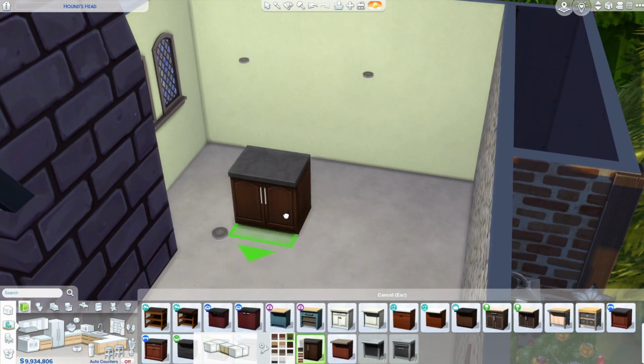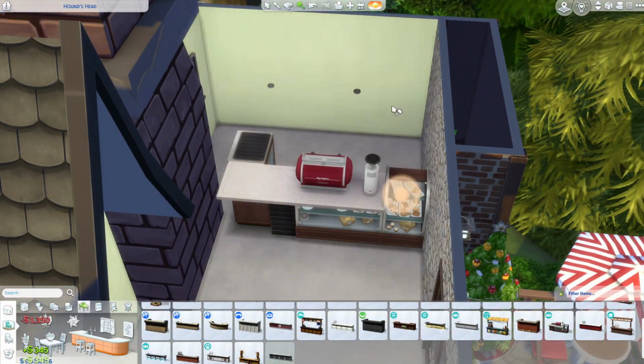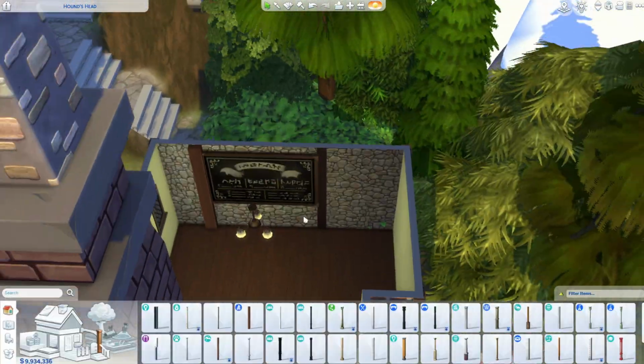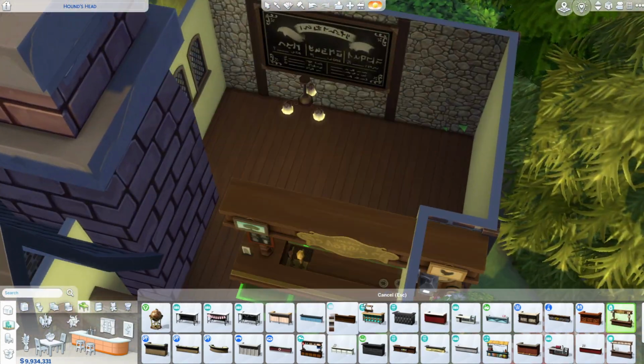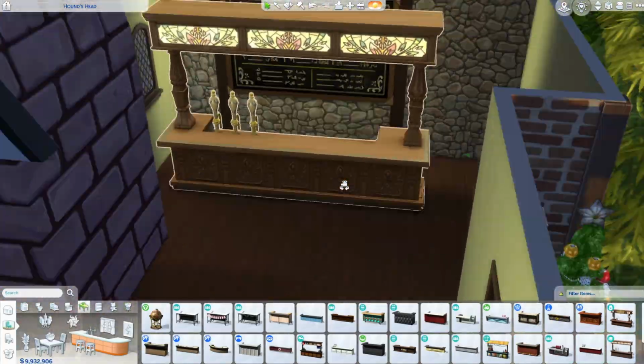I had no idea what to do for the layout. I am not a good builder. I don't know where anything should really be. I kind of just go with the flow. This whole thing changed, the wallpaper changed, the flooring changed. I do believe I put a fireplace in that big chimney, even though I should have moved the chimney,